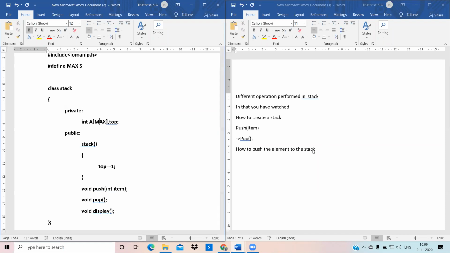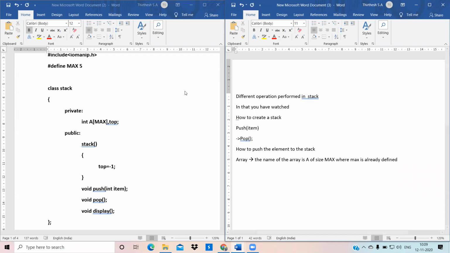A of max means we are defining an array; the name of the array is a, of size max, where max is already defined.